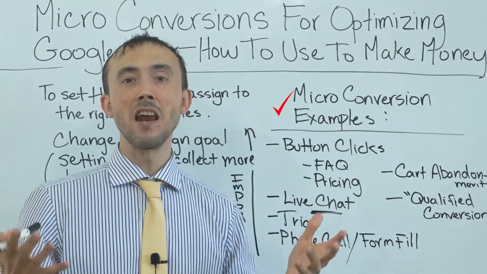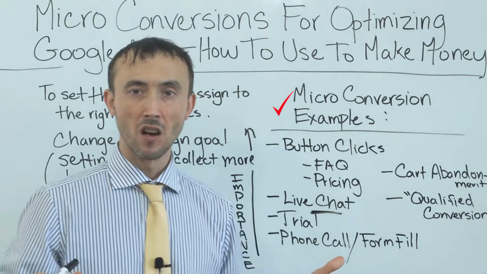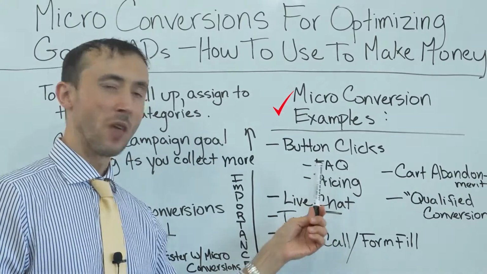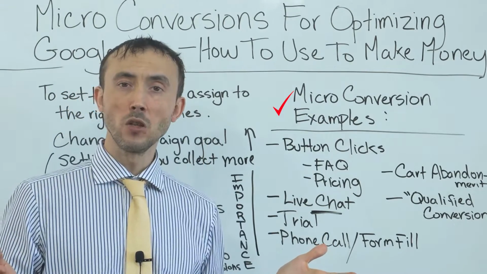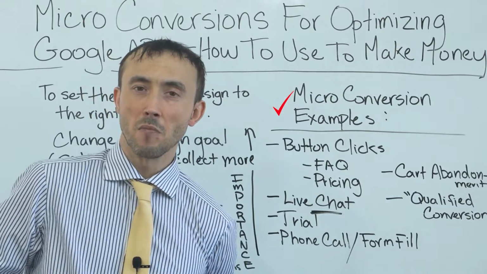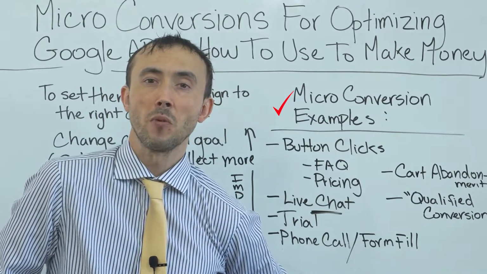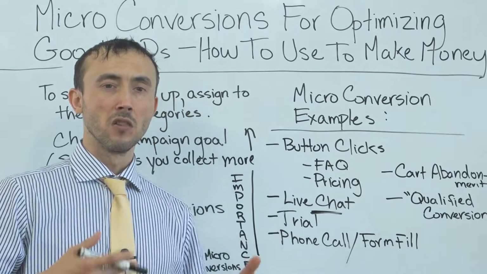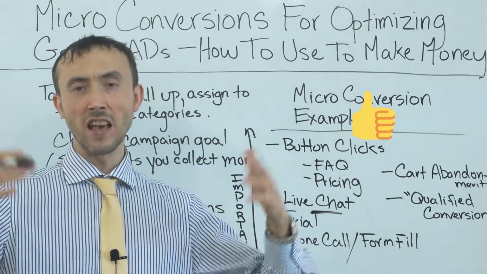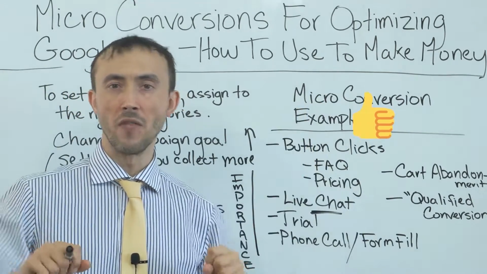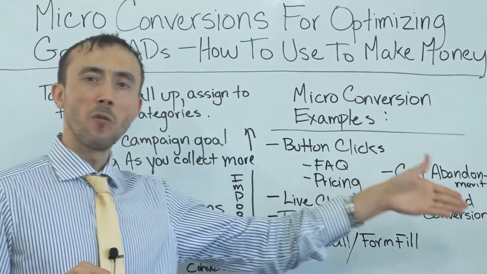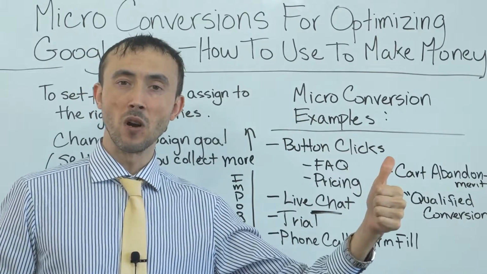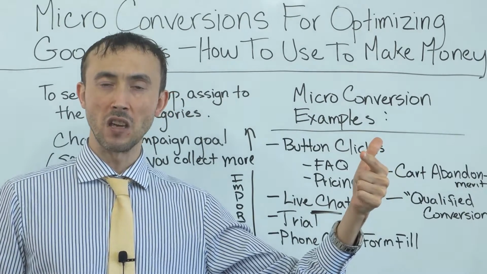Algorithms need lots of data to make confident decisions about things, hundreds of conversions. When you can feed it click data from FAQ button clicks on an individual keyword by keyword basis, it's going to be able to start making intelligent decisions for you way sooner in the process and with way less ad spend necessary to get to the end result that you're looking for, which is profitable ads, than if you had to wait for purchases to come through for the algorithm to tell, A, does that keyword even work, and B, what part of the keyword traffic should I actually be showing up for,